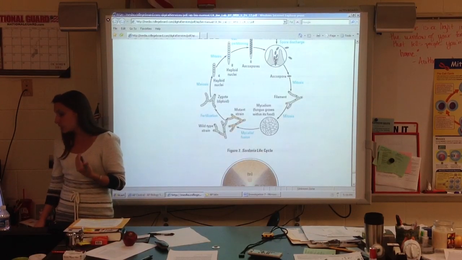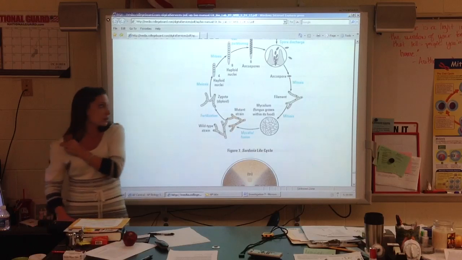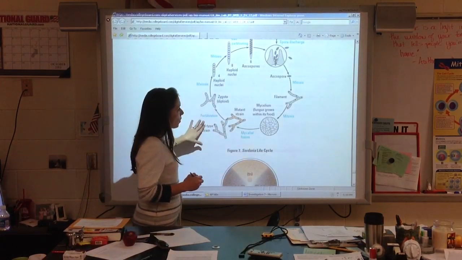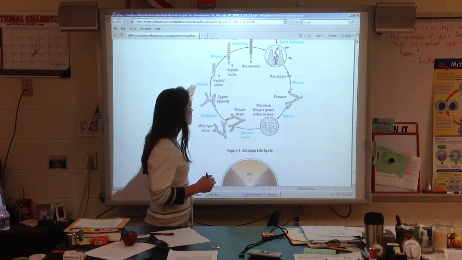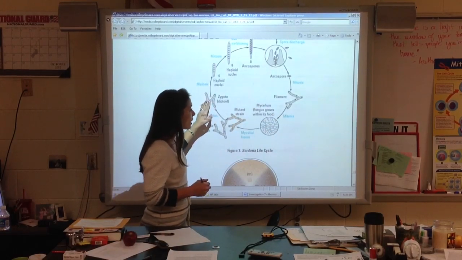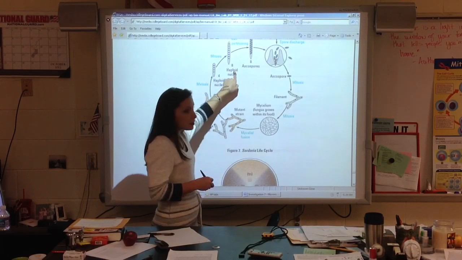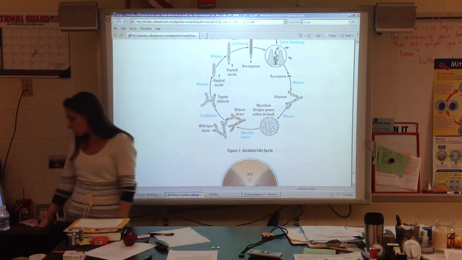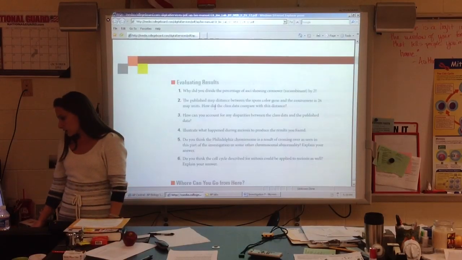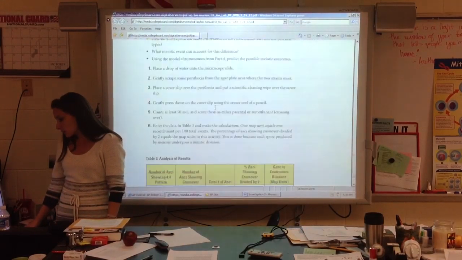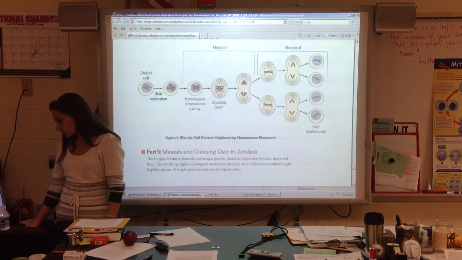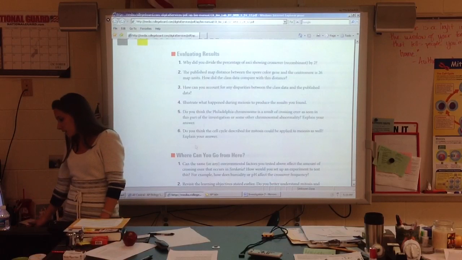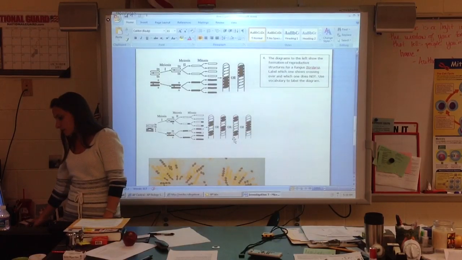The last part is actually really important. This is looking at a fungi, and it looks at how the fungi makes spores. So here we see a little alternation of generations, diploid, and then we see haploid, and so it is looking at how this fungi creates spores. It turns out that when it creates spores, we can actually see crossing over. And they're not showing you a picture because they want you to actually see it. However, again, this takes a really long